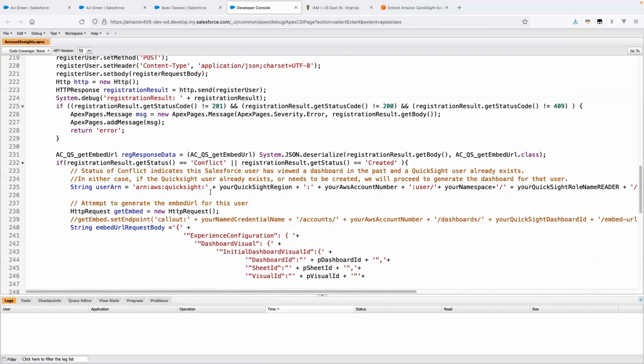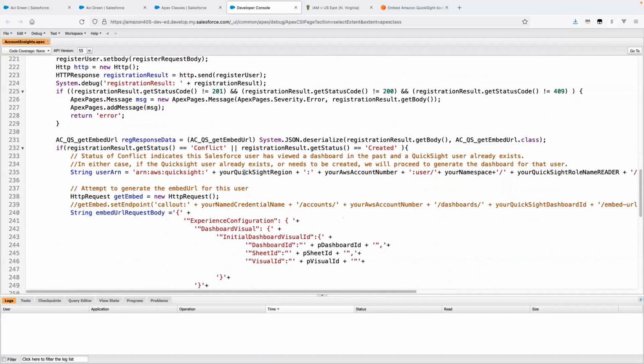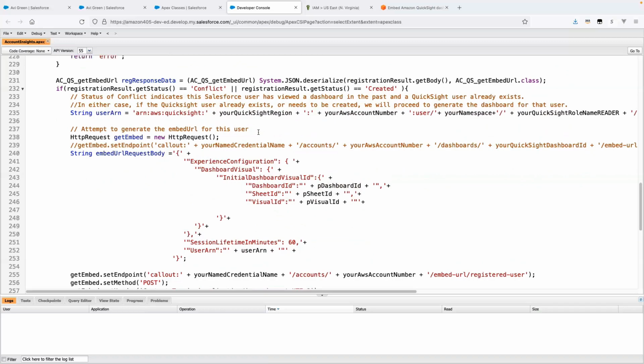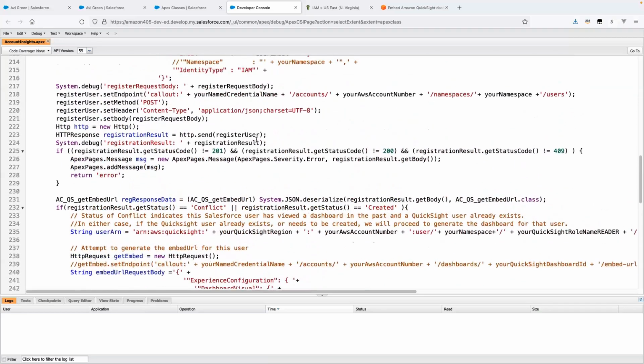So for that, again, you will make sure that you construct a user ARN with the user details that you fetched for this particular user and also the roles that you want to use. And here we are constructing again a request body. And you can see here we are using the dashboard, sheet, and visual IDs. Right? These are all the parameters as you can see, for this particular